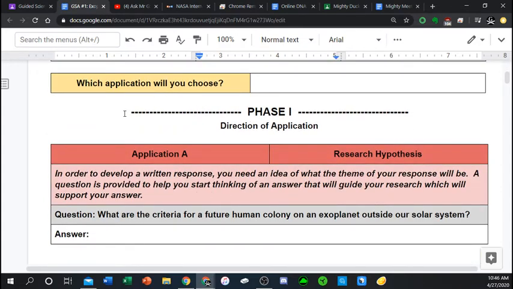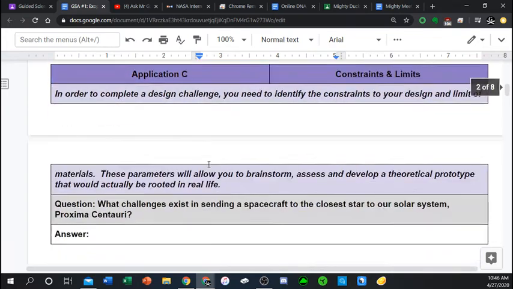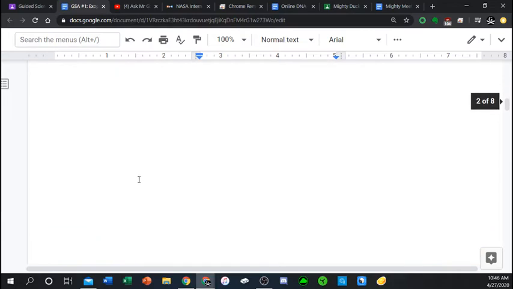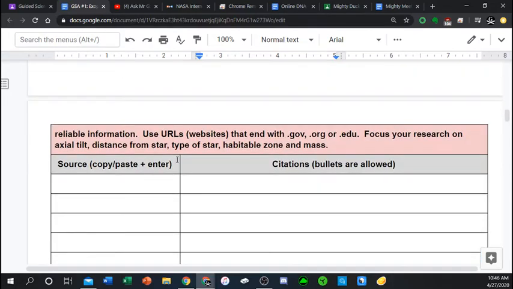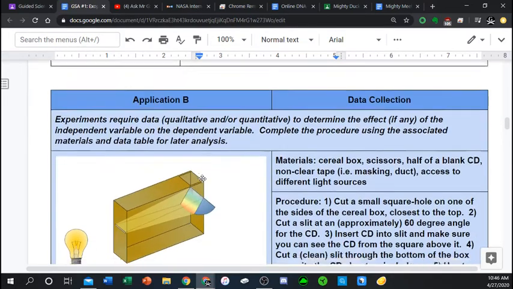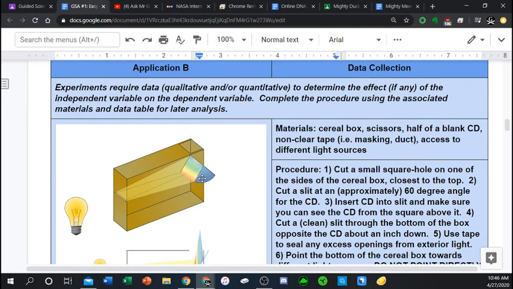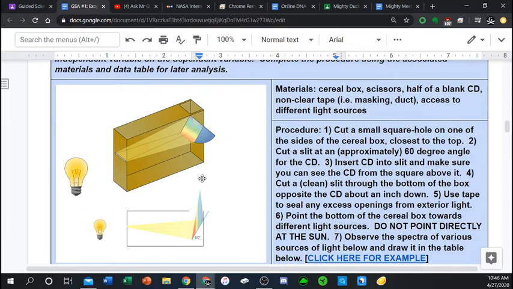All right. So you're going to be doing phase 1 today, answering this question. But I just want to show you in part B, doing your own research for the CER. This right here is what you're making if you want to do part B. Okay? You're making a very simple homemade spectrometer, looking at light. And so you need a cereal box,